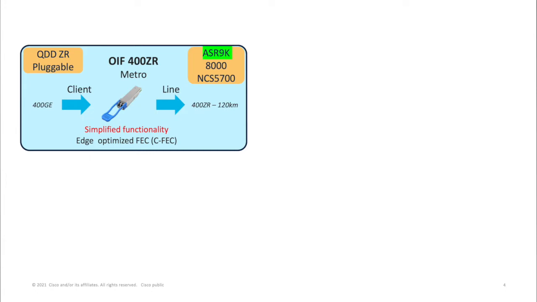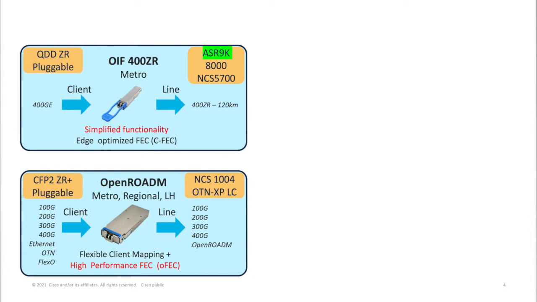In parallel, another organization, the OpenROADM group, developed another standard targeted at a wider spectrum of use cases: metro, regional networks, and long-haul solutions. This option allows the use of almost any clients: 100 gigabit, 200 gigabit, 300 gigabit, and so on. On the line side, a variety of line rates are available, with the ability to work with ROADM-based infrastructure. High-performance FEC, OpenFEC, is used here, and it allows support of a much better OSNR ratio,